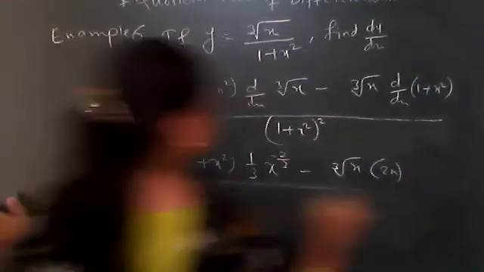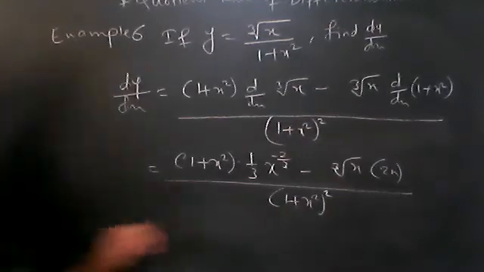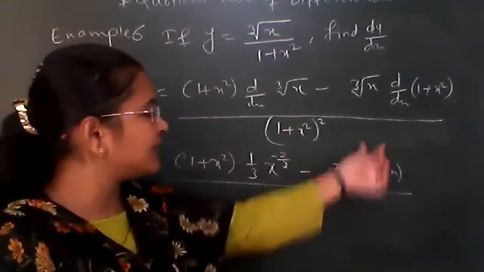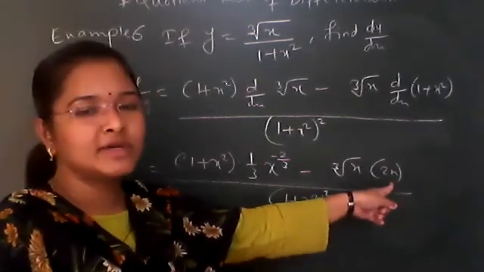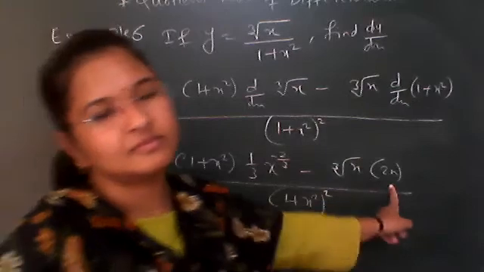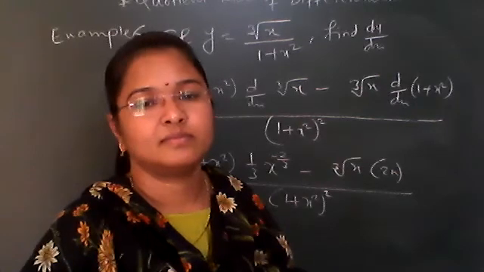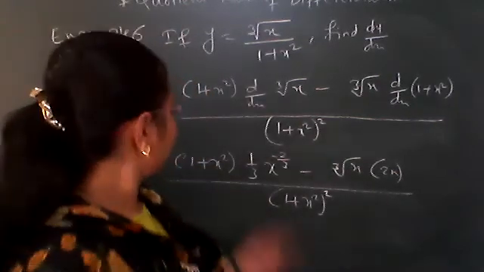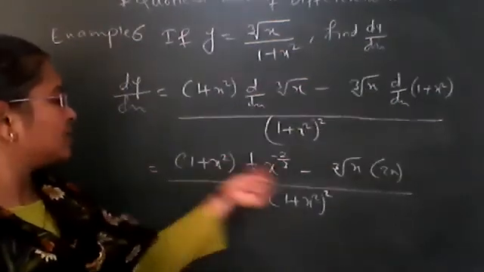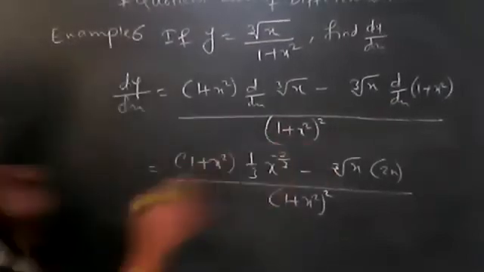Okay. Whole thing divided by (1 plus x square) whole square. Any doubt in this? If you want to multiply, you can multiply also. Here cube root x is x raised to 1 by 3 and the other is x raised to 1, so the power will be 1 by 3 plus 1, that is x raised to 4 by 3. If this is multiplied inside, it will be 2 minus 2 by 3, that is 6 minus 2, 4 by 3. Okay, we'll multiply inside. We'll see now whether it will be cancelled or not.